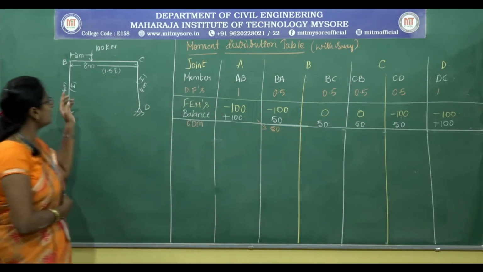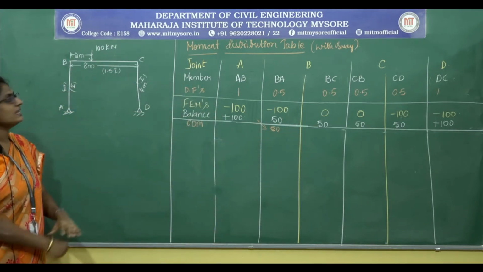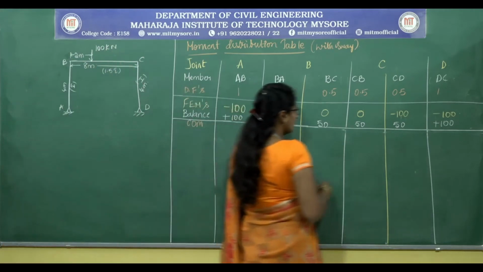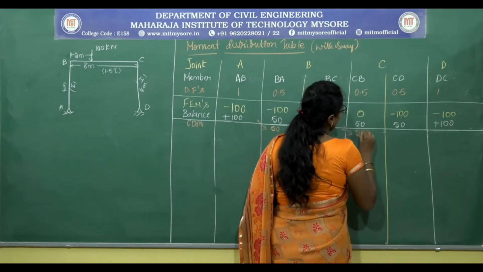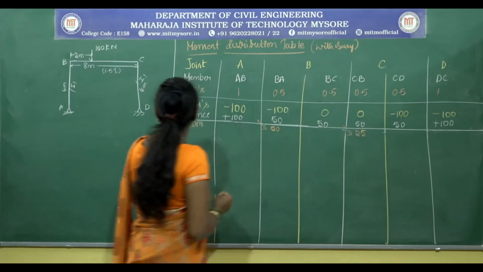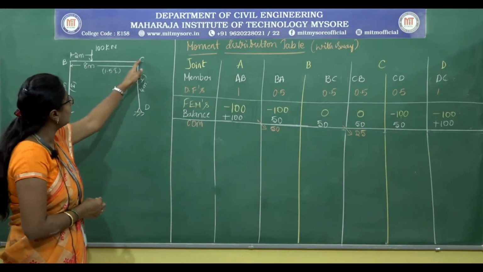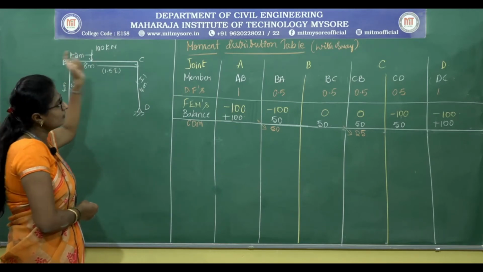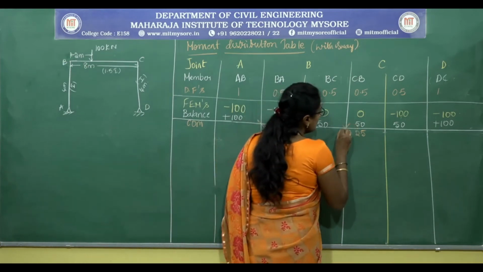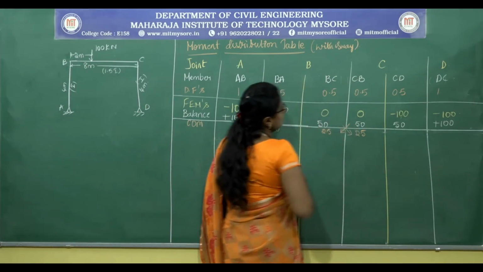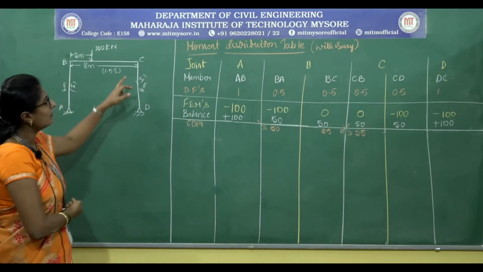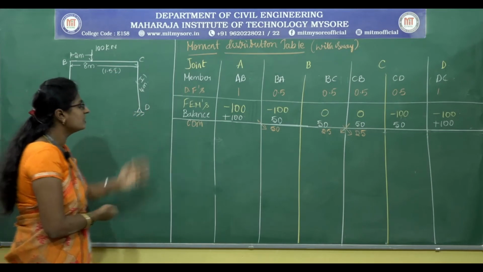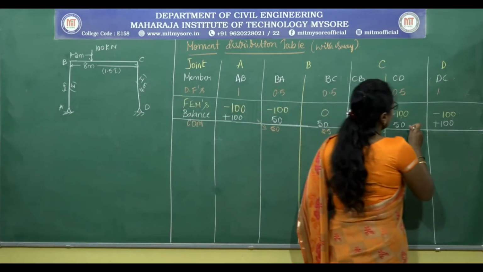So, half of the moment is to be transferred to the other end if the other end is fixed. Yes, C is considered as fixed. So, half of 50 can be transferred to C. Half of 50 is 25, that is to CB. Then for CB, the applied moment is 50, half of it to be transferred to the other end if the other end is fixed. Yes, B is considered as fixed. So, half of 50 is also transferred from CB to BC. Then CD, here the applied balanced moment is 50, half of the moment is to be transferred if the other end is fixed. Here the other end is hinged, therefore nothing is transferred from CD to DC.